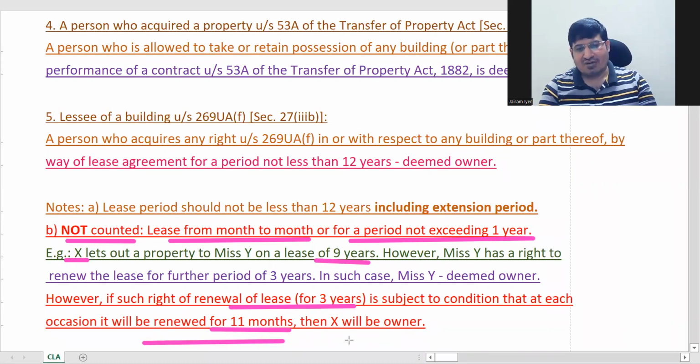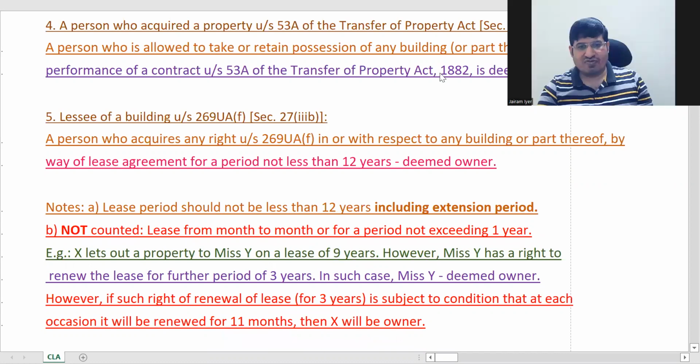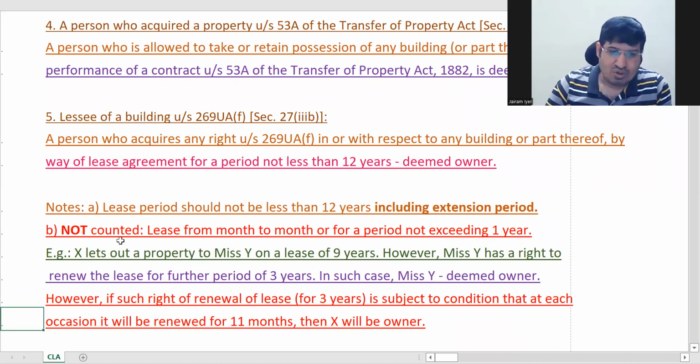Is this clear? Or any doubt in this? No, sir. From me, no. Okay, everyone is fine. Chalo. Okay, so